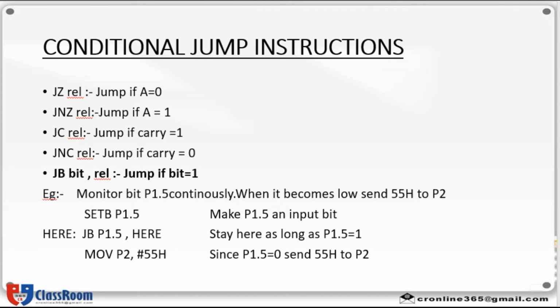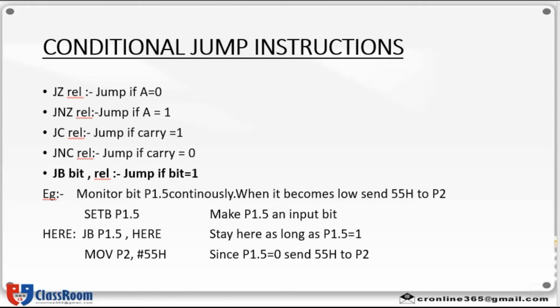This instruction is related with the accumulator. So, if all the bits of the accumulator are 0, then jump to the indicated address. Otherwise, you can proceed with the next instruction. For example, JZ 4000. You have to check whether all the bits of the accumulator are 0 or not. If all bits of the accumulator are 0, you can jump to the address specified, 4000, or else you can proceed with the next instruction.